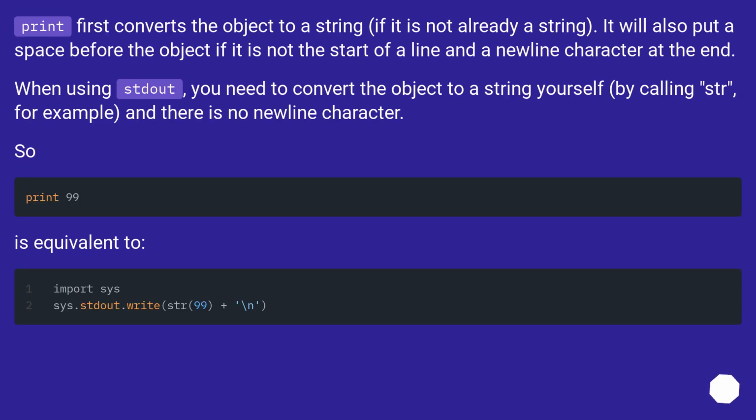Print first converts the object to a string, if it is not already a string. It will also put a space before the object if it is not the start of a line and a newline character at the end. When using stdout, you need to convert the object to a string yourself, by calling str, for example, and there is no newline character. So, is equivalent to